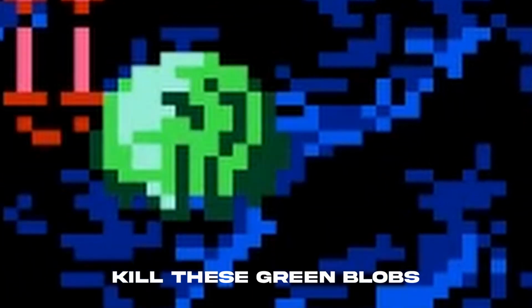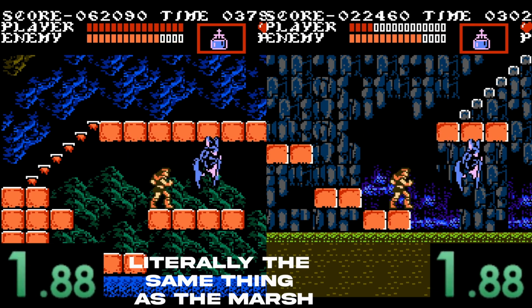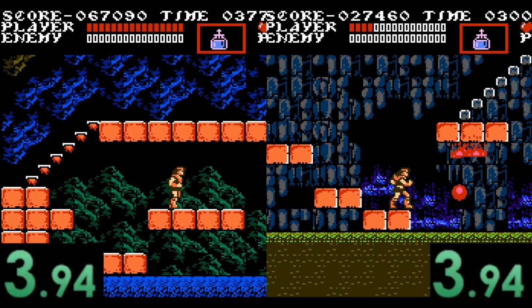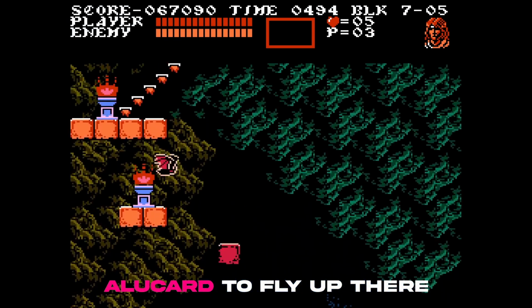Kill these green blobs, get a piece of meat, and guess who's back? The Bat Boss, literally the same thing as the Marsh. Whoever made this room, I'm gonna come after you. If you do not have Alucard to fly up there...